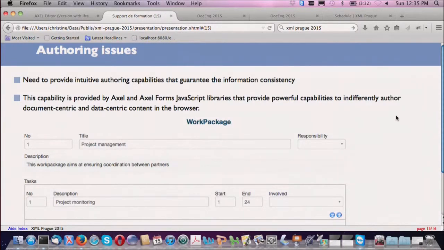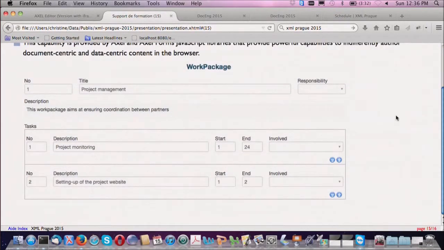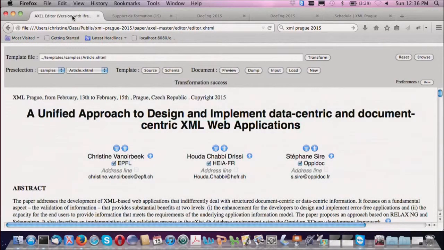And we do it with two JavaScript libraries called Axel and Axel Forms that allow to introduce information that respects the model. Okay? For instance, here you have a kind of form to provide information about our package, but the description is really textual information. So just to let you understand what it is, just an example, because the paper that we proposed here has been